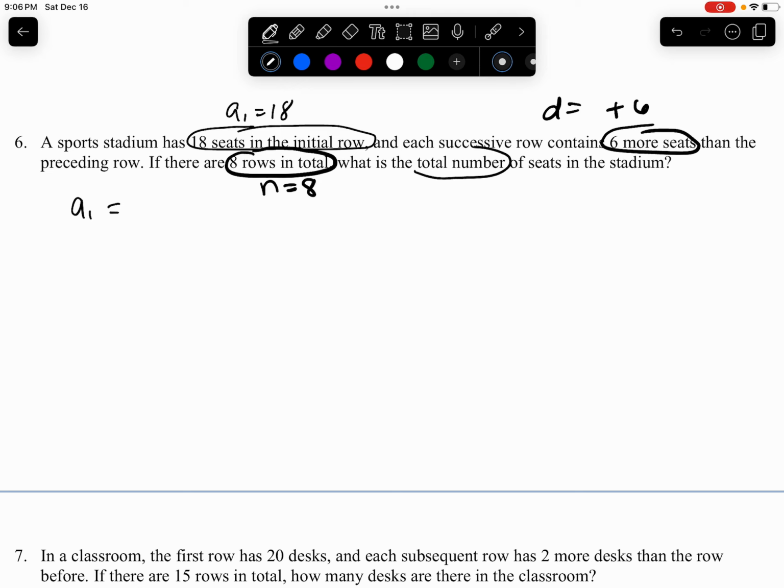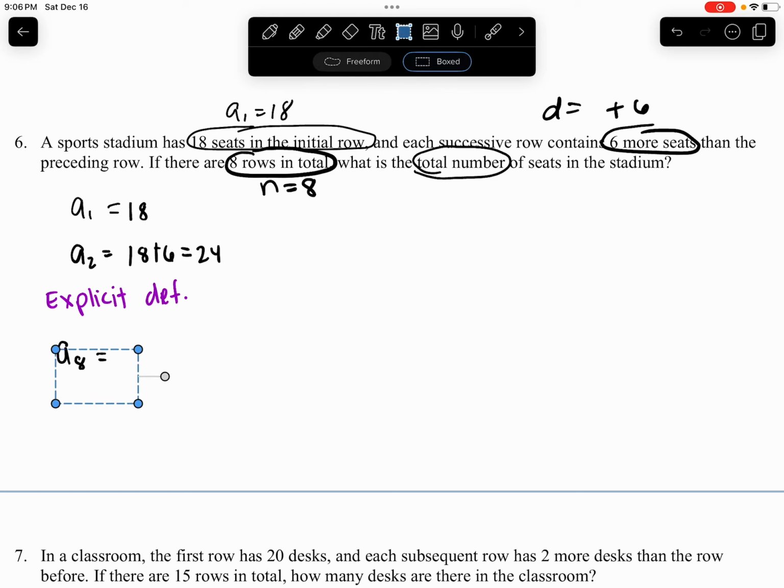And we're looking for total number. So A1 is 18, right? So the next term, A2, would be 18 plus 6, which is 24. Right? But in the formula, we want to look for A8. So we use the explicit definition. So A8 equals,